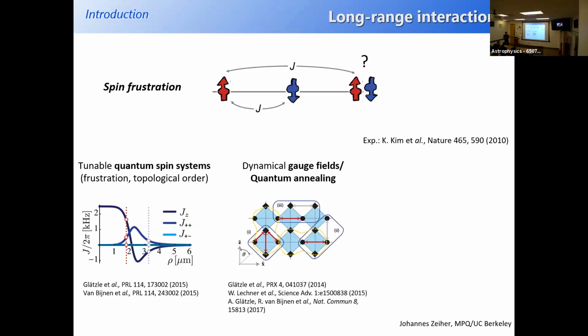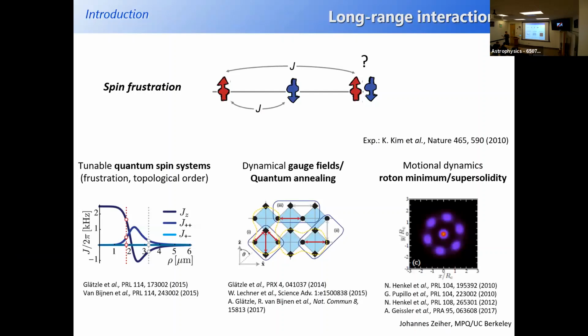And if you allow the particles to actually move, there have also been predictions that this motion interplaying with the long-range interaction can give rise to phases like supersolids. And this was one of the original motivations for us in Munich to start looking into these Rydberg systems, because we wanted to see if in our experiment we could get something supersolid. There's some complication with that, and I'm going to tell you in the course of the talk about our work towards getting long-range interactions and these motional dynamics of atoms together, and how you can achieve that.